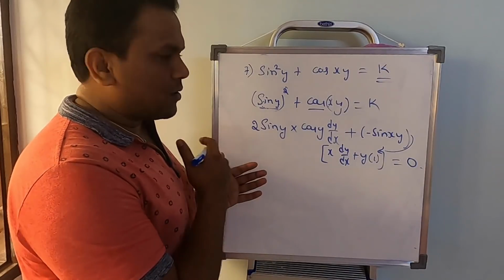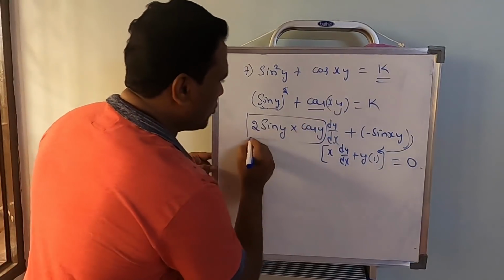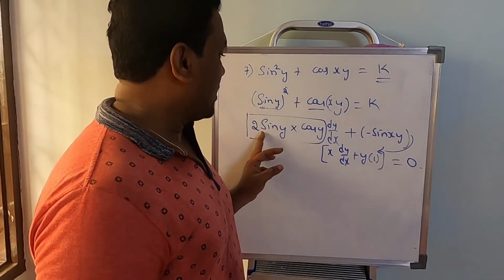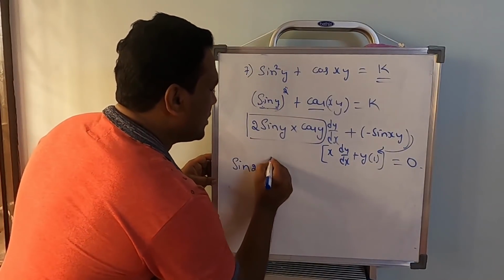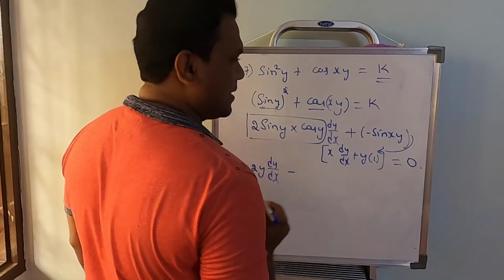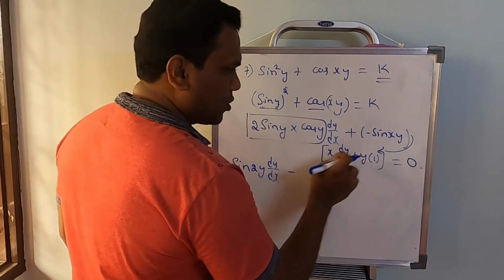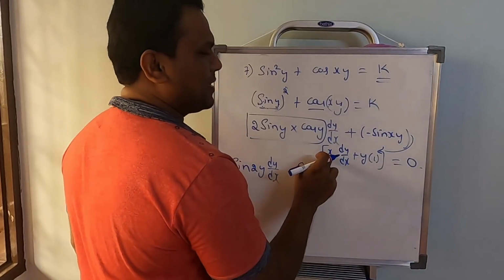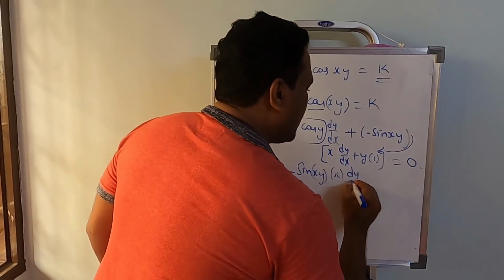Before I group, it's better to remove the bracket and simplify. Observe here, you have something called 2 sin y cos y. As I said in the previous class, if you are good enough, you will understand there is a formula of sin 2y. So what I have here is nothing but the formula of sin 2y multiplied by dy by dx. Plus into minus will be minus. The sin of xy should be multiplied to both terms because brackets are there. So this will be sin of xy. Don't multiply with this x actually. This is another term multiplied by x, multiplied by dy by dx.